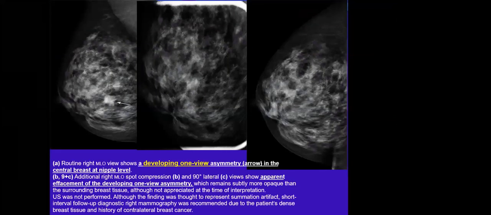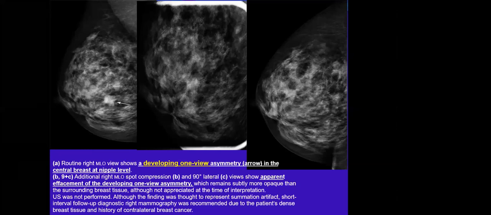So we have almost gone through the additional mammographic views. Then ultrasound also plays an important role in evaluation. This is a lesion here, an area of asymmetry. This is a spot compression. It becomes even more subtle, but I can see the asymmetry faintly here. And the straight lateral is the same as the spot compression. Apparent effacement. It is a developing